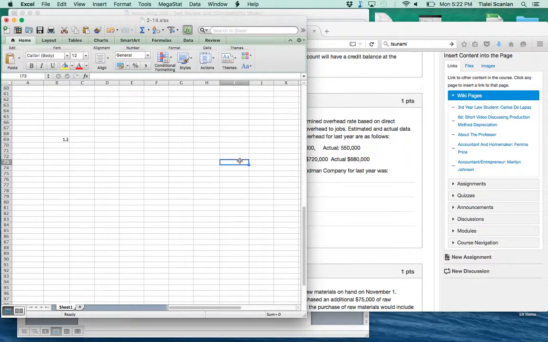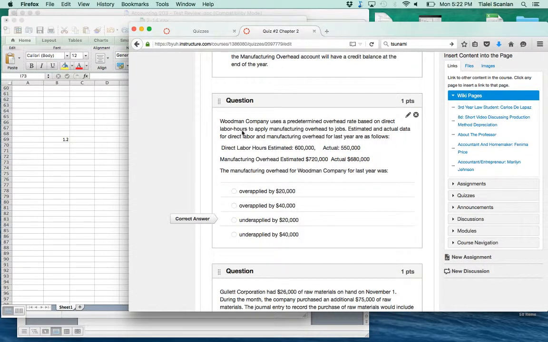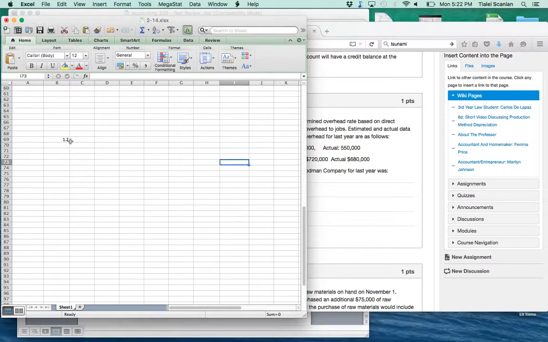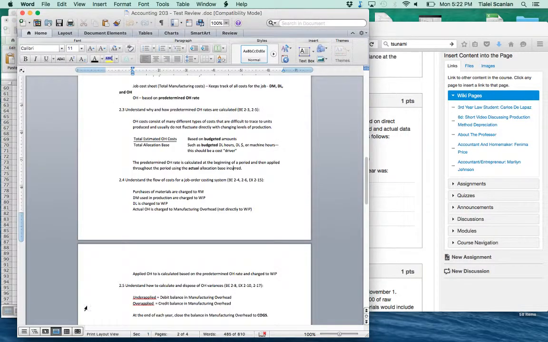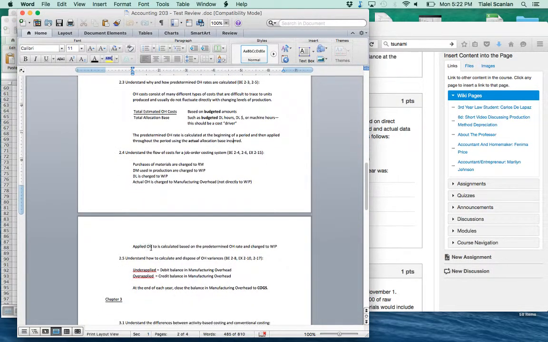$1.20 per direct labor hour, right? And so that's our predetermined overhead rate. And we'll times it, what will we times it by? We'll times it by the actual amount of hours incurred, right? Just like our sheet said,